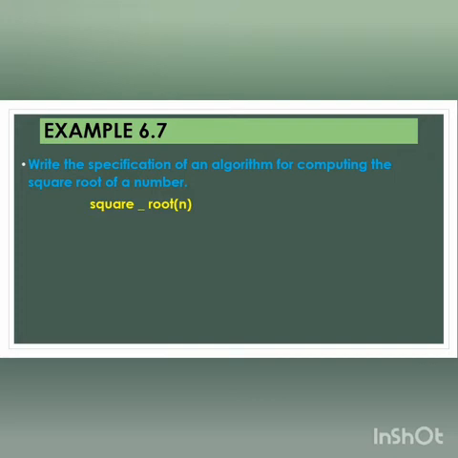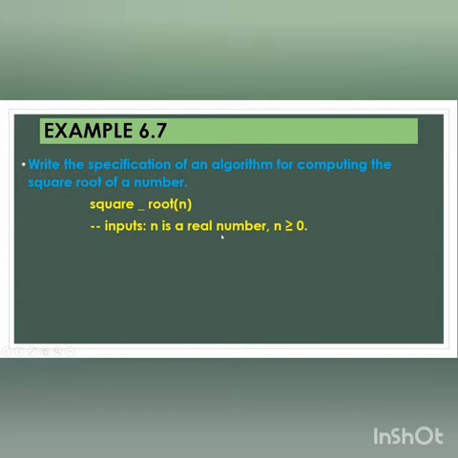In the second step, we have to give the input property. So, double dash inputs colon n is a real number. So, the variable n should be a real number. n is greater than or equal to 0. So, n may be 0 or greater than 0. So, n should not be a negative value. To find the square root, we need a non-negative value. Okay. So, the input property is n is a real number and n is greater than or equal to 0.